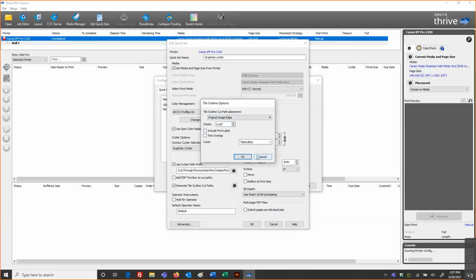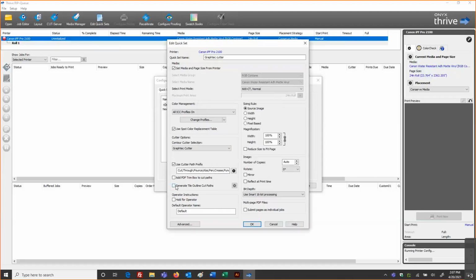So again, optional settings that we have specific to the first choice, a PDF, the trim box will be added as a cut path, or the second choice, the tile workflow, the outline will automatically be designated as a cut path. So two very different, unique optional settings.